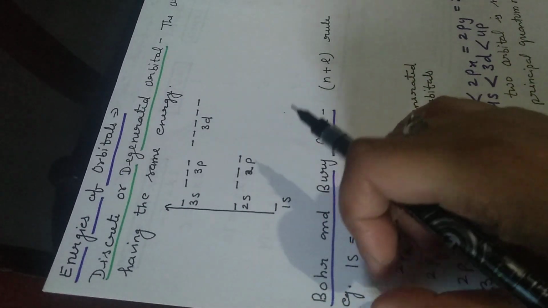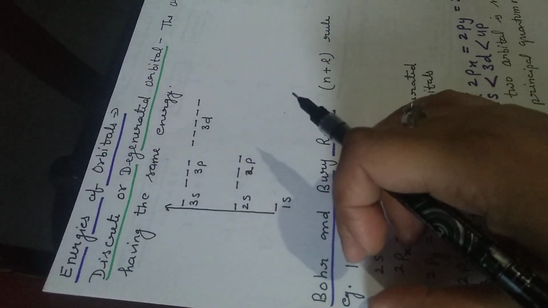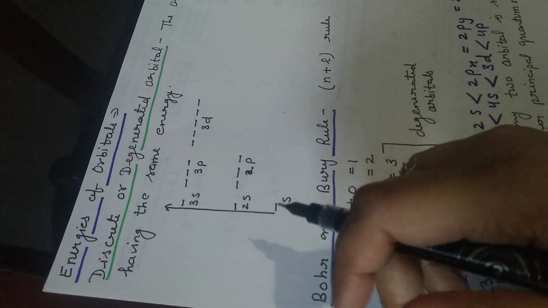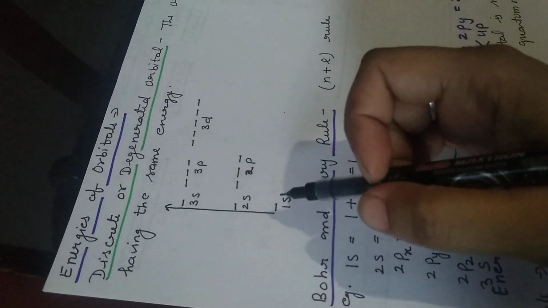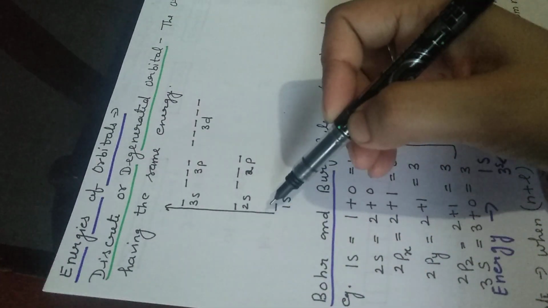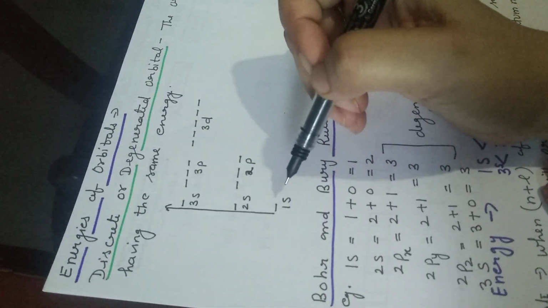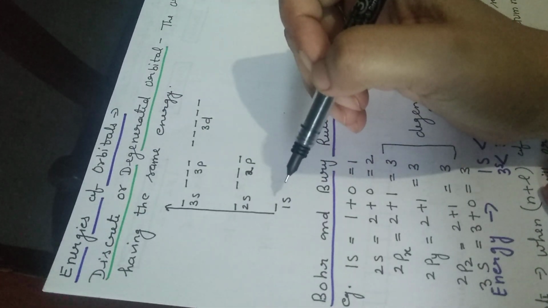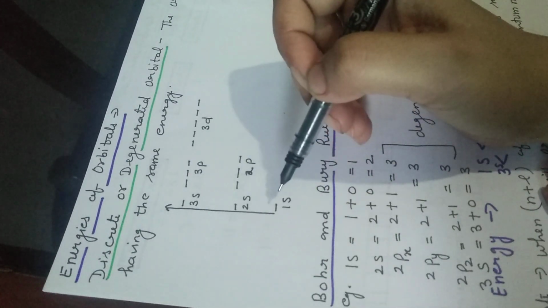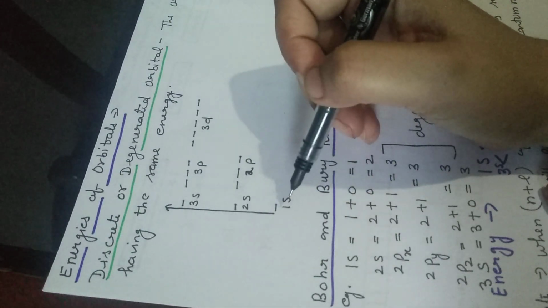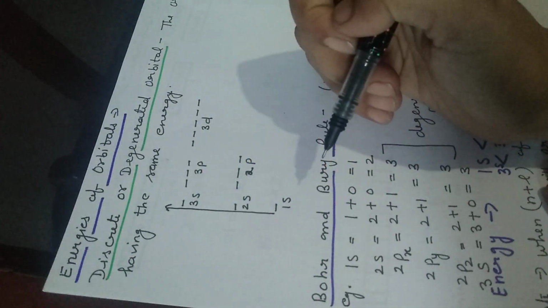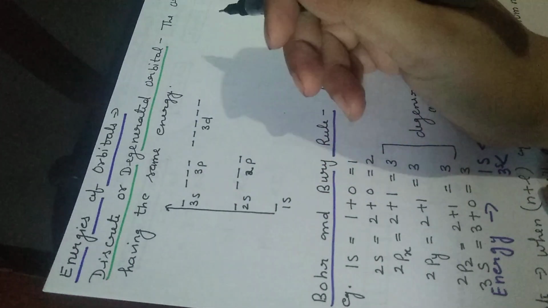The orbitals with the same principal quantum number will have the same energy. Now we are taking the example of hydrogen to understand it better. Here is a hydrogen atom in which only one electron is present. When we talk about the shells of the hydrogen atom, there is n=1, n=2 and n=3, the first, second and third shell.